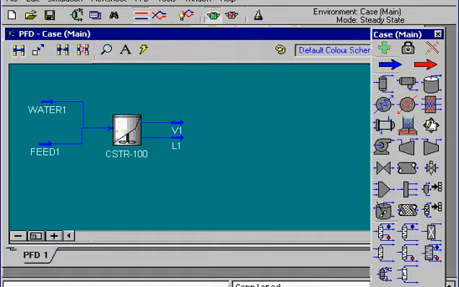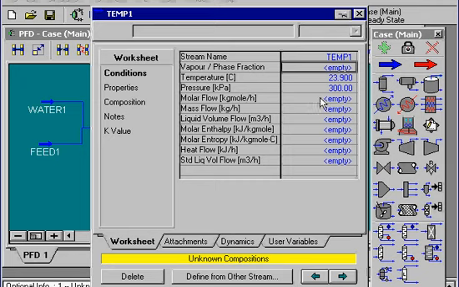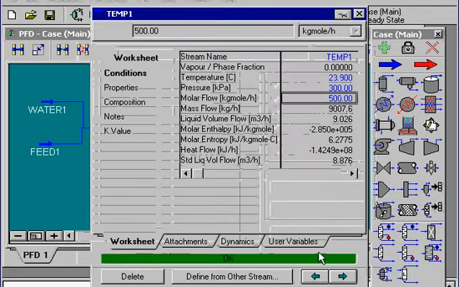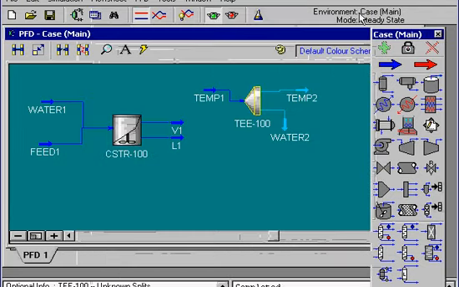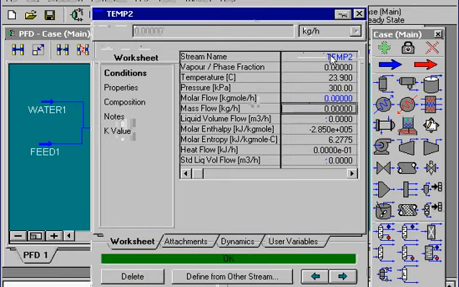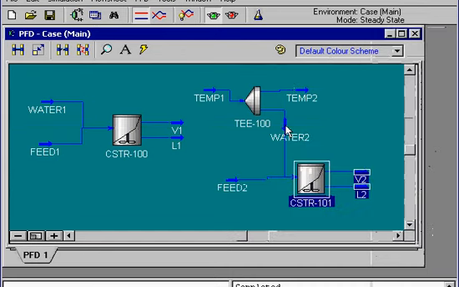As seen in the theoretical analysis, a distinct region of multiplicity exists. To see it, a new stream, temp 1, is defined, with pressure and temperature set to the feed conditions and molar flow rate set to the upper value of 500 kilogram moles per hour. This stream is defined as consisting of water only. It is split using a T object to give two streams, temp 2 and water 2. The molar flow rate of temp 2 is set initially to 0, making the molar flow rate of the residual stream water 2 equal to 500. Temp 2 is now an independent variable which, when increased from 0 to 342,